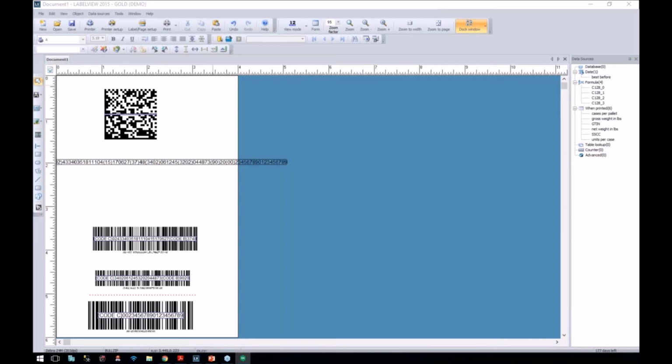There are a number of questions on what is the difference between LabelView and CODESOFT. The user interface between the two is very similar. Really, CODESOFT is more to be used with our enterprise software, such as Sentinel, that automates the print process. It also links into Label Archive, which is an add-on. You can use that for creating an audit trail and